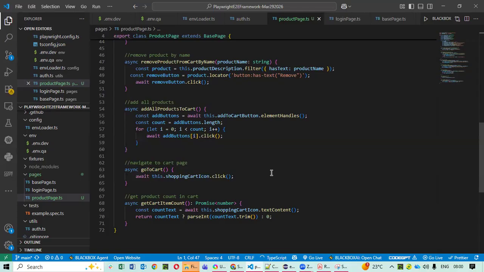Then we have only two pages, cart page and checkout page. These two we will finish and then we'll start writing the test cases. This is how you will write in the